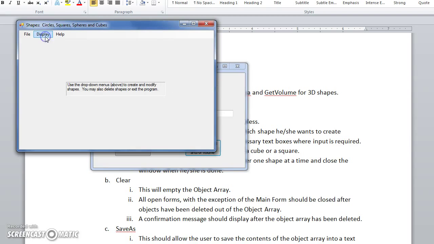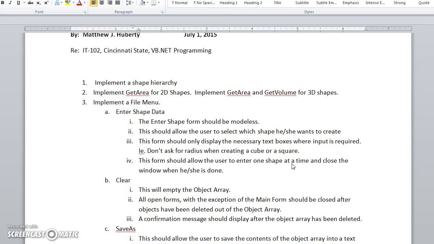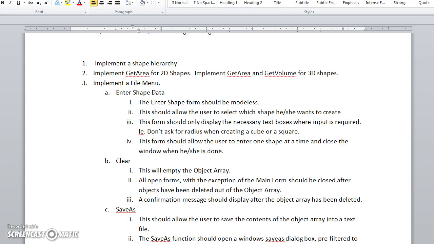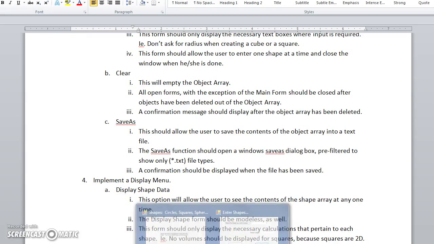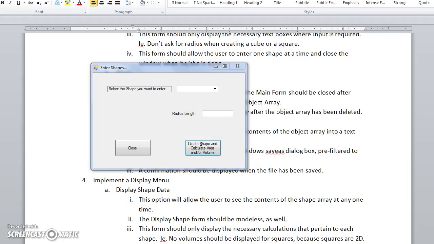We can also go back to the specifications. The form should only display the necessary text boxes where input is required. I think you've seen that. It doesn't ask for a radius when creating a cube or a square, for example. This form only allows the user to enter one shape at a time and to close the window when he or she is done. Obviously, my program does that, which I'll show you the close function here in a minute. Let's talk about the display menu function next, just because that seems to be the logical part of the program